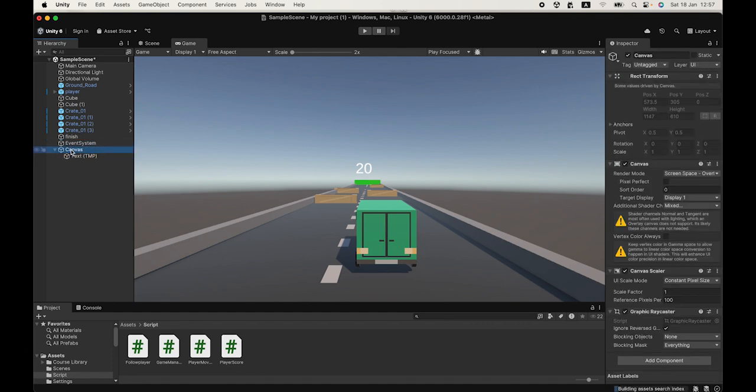Sorry, I meant this canvas. So on this canvas I'm going to put the text and this script that we created. So let's click on it, then add components. Yeah, I've added